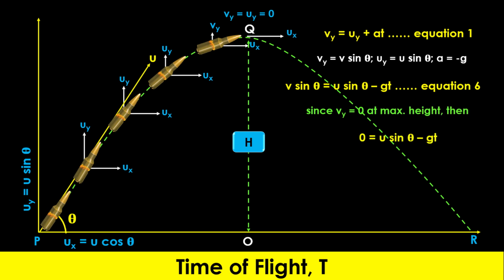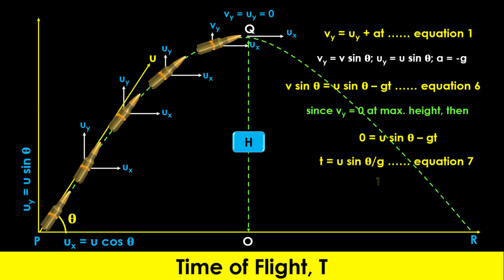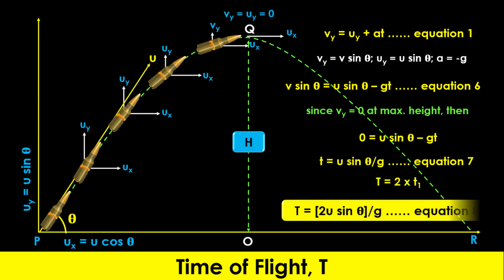Substituting the value of v as 0 at the maximum height, equation 6 becomes t equals u sine theta over g, which gives us the time taken by the bullet to reach the maximum height, or the time it will take to fall from the maximum height to the plane of projection. Therefore, multiplying equation 7 by 2 gives us the formula for calculating the time of flight for